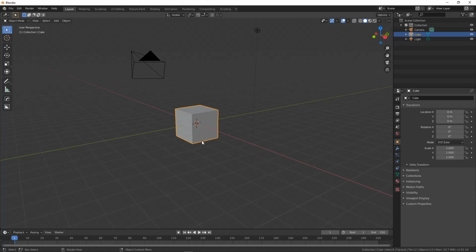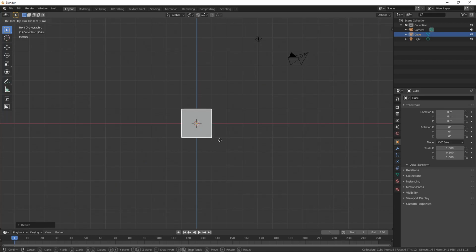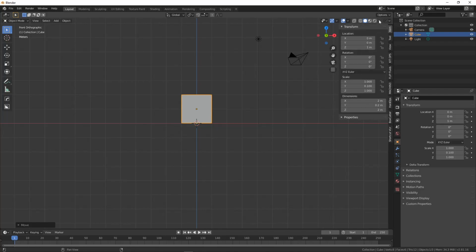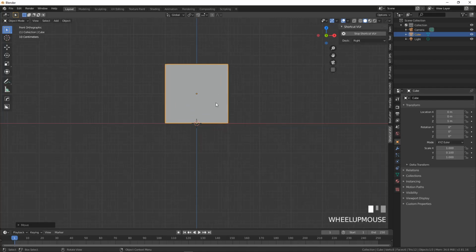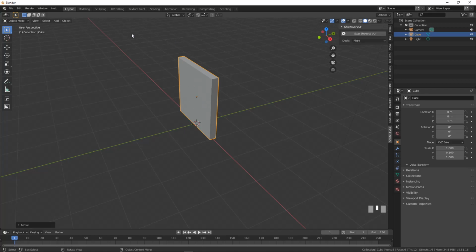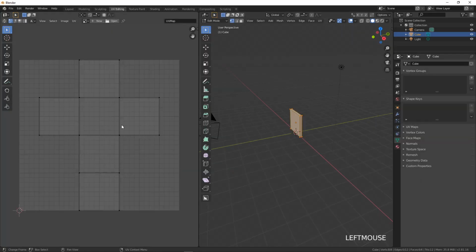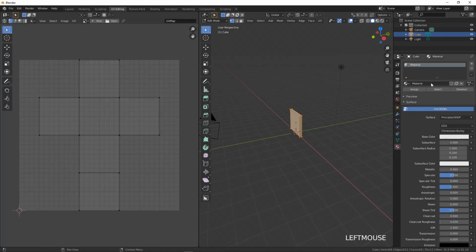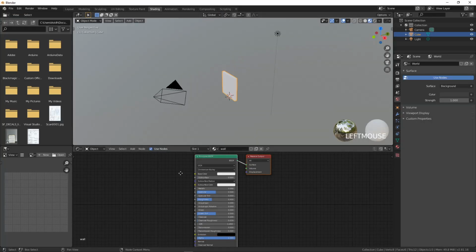So we're going to make a wall, so let's press S Y 0.1, so we'll make a skinny wall. I'm going to move this G on Z by 1. So let me turn on my keys here so you can see what I'm doing. And so there's my piece of wall. So this is the default cube in Blender, so if I go into UV editing you can see that it's already unwrapped, but it may not be unwrapped the way we want it to be. So let's set up our material here. So I'm going to call this wall,